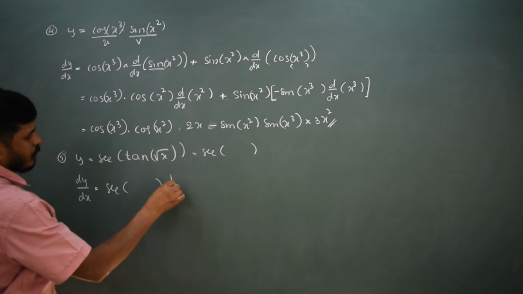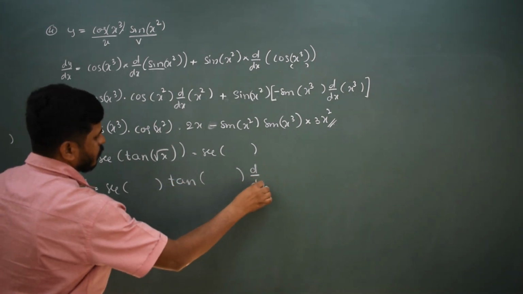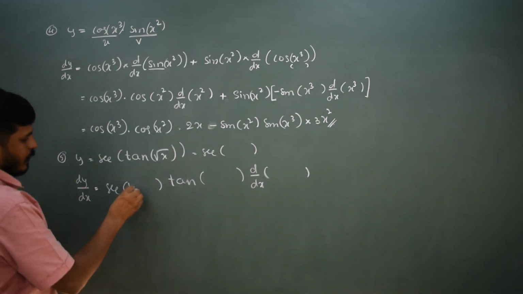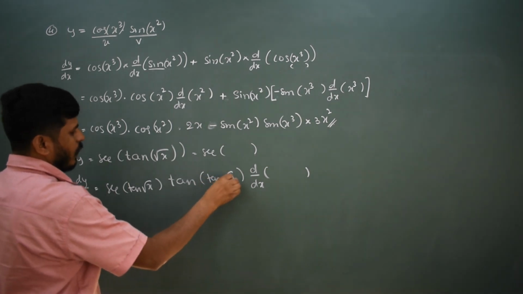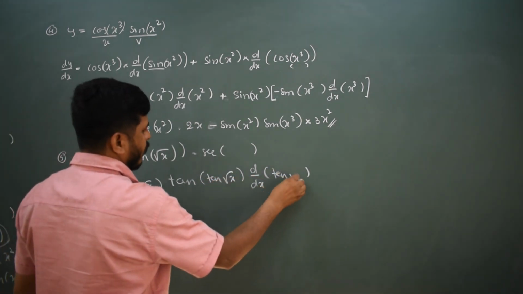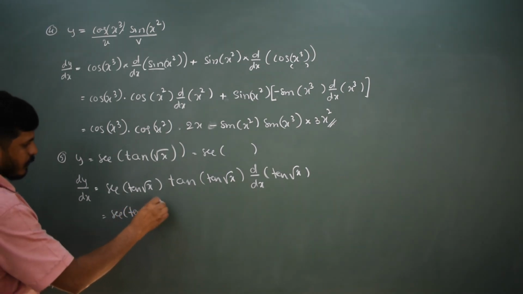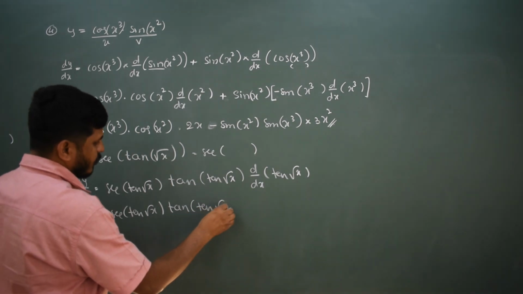Secant something into tan something into d by dx of something. What is something here? Tan root x. It is secant of tan root x into tan of tan root x,